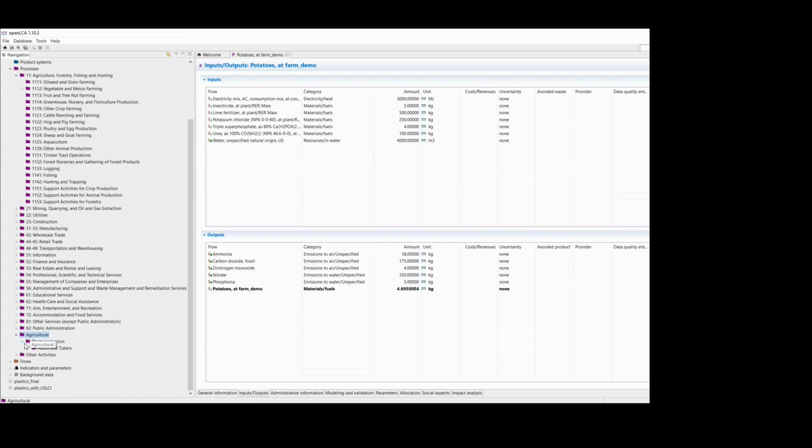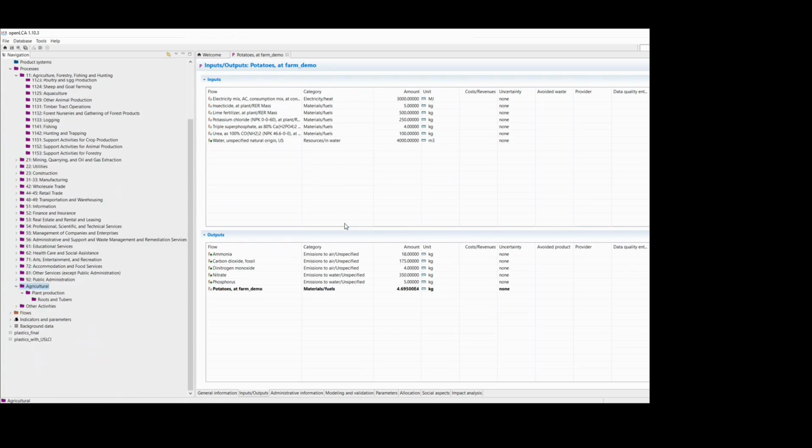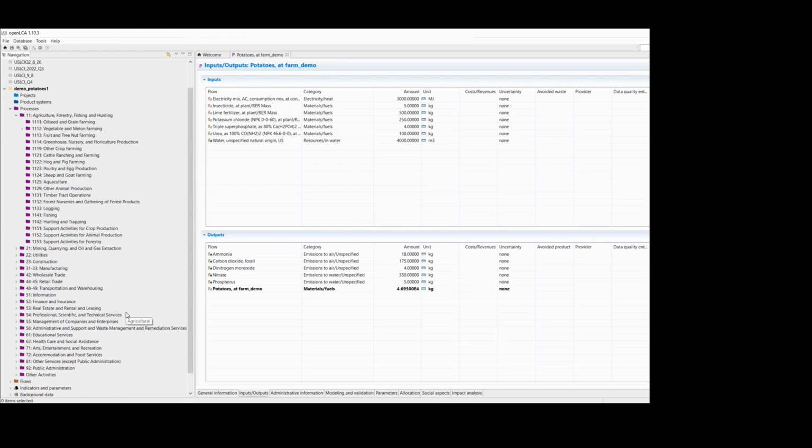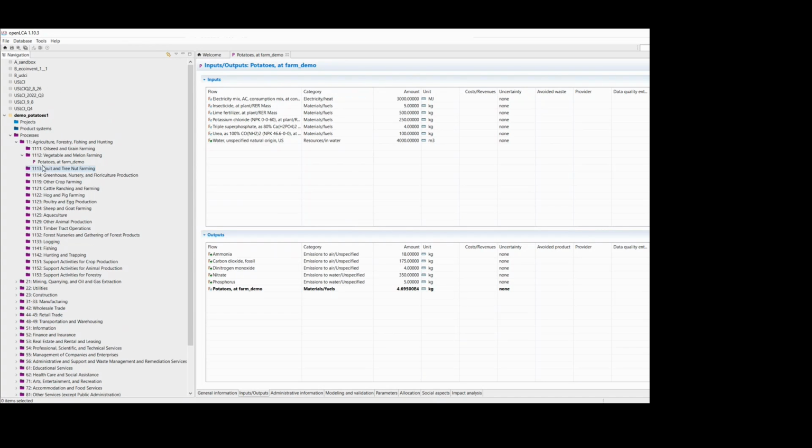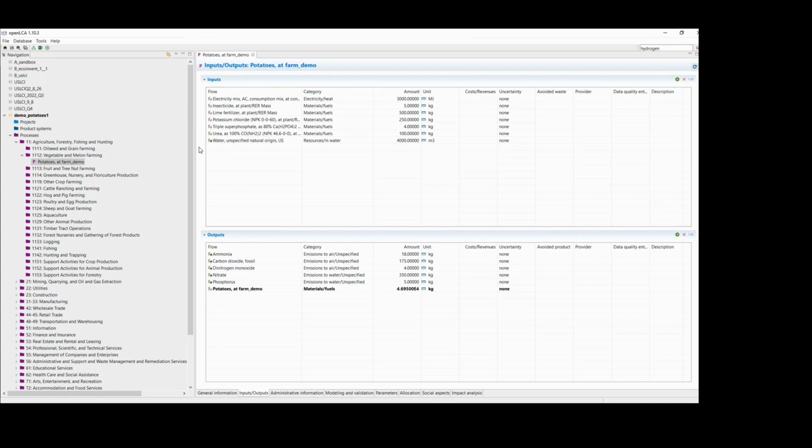Now we can delete these extraneous folders. They're empty. So yes to all, because there's 3 folders there. And now we have our potatoes under vegetable farming. Okay, so now we'll go ahead and map our elementary flows in our data set to FEDEFL. So FEDEFL is the Federal Elementary Flow List. All USLCI elementary flows are FEDEFL flows, but not all of FEDEFL is in USLCI.